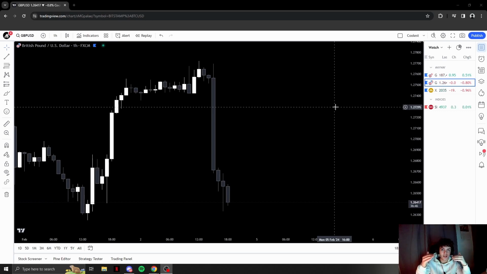They sweep liquidity in order to move the market in the direction that they want, because they have massive orders that need to get filled. And with liquidity sweeps, they can essentially take out traders and continue in the direction where they want.